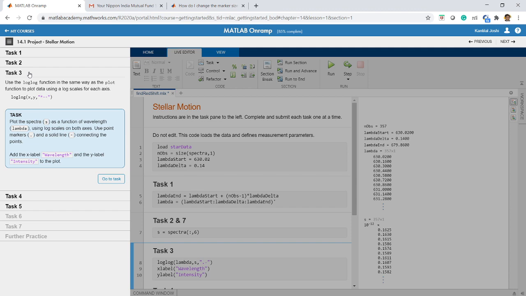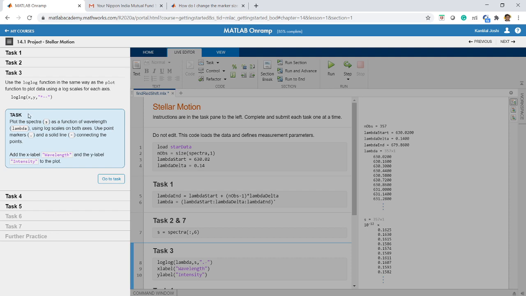As we do a normal plot, we can also use something called the log-log function, which gives us the plot between two values on a log scale. Why is this required? Because many times we have data in a large range. Let us say we have data on the x-axis from 0 to 10,000 in increments of 10, so we have many data points, say 1000 on the x-axis and 1000 on the y-axis. This cannot be accommodated on a simple linear graph paper. So we can do it on log paper.